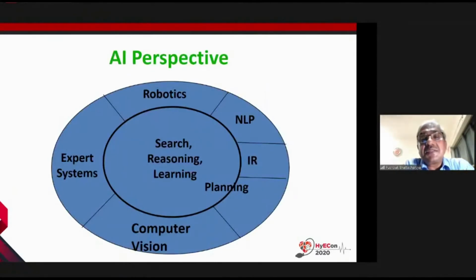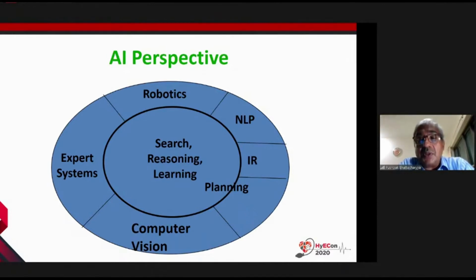Now, artificial intelligence is a sub-area of computer science which addresses problems like robotics, language understanding, planning, which is used for navigating a robot, expert systems that actually can be marked very carefully, because this is what brought artificial intelligence close to medicine. In the 70s, there was a system called MYCIN, which was supposed to be an assistant for doing diagnosis for the doctors. And computer vision is also, of course, used quite a lot.